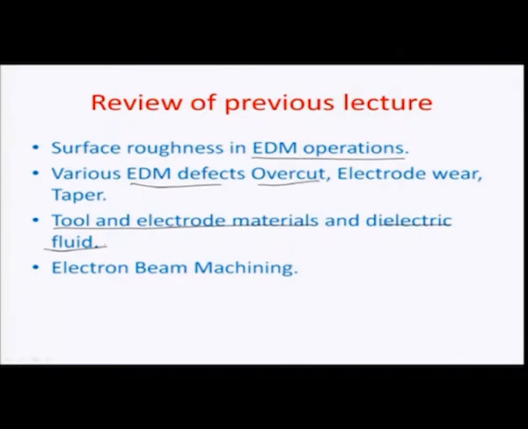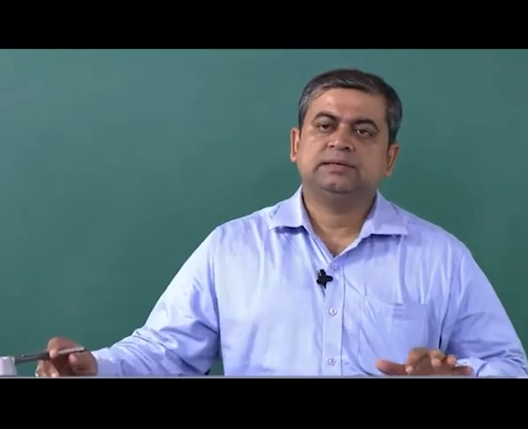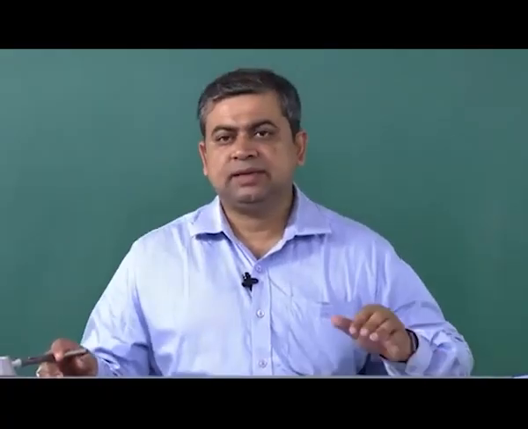There can be water based or oil based fluids which are used, and then we started talking about electron beam machining and the way that the resolution of a system can be improved or enhanced by using super focused high energy electron beam. So, we go back to that and try to recap some of the things regarding electron